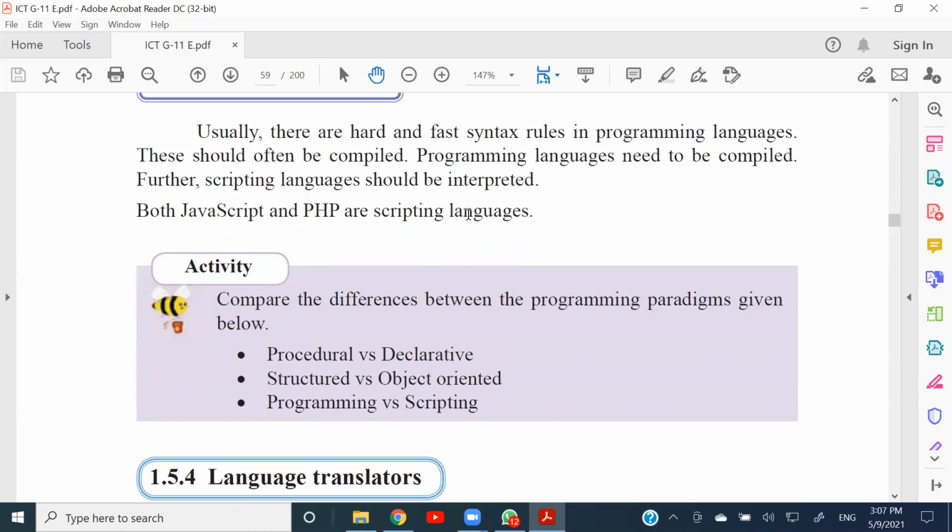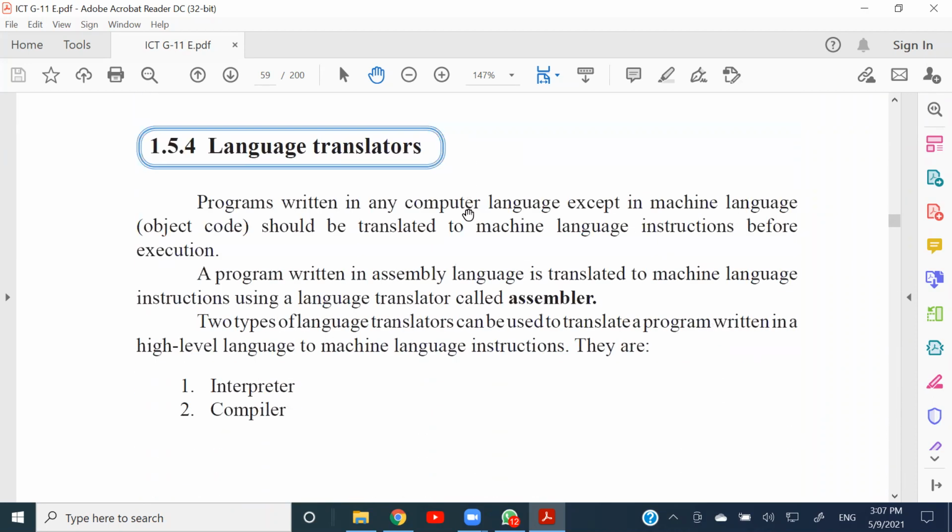Now, since we came to the terms called compiling and interpreting, it is time for us to talk about language translators. Compiling and interpreting is something performed by the compiler and interpreter, which we get to know as the language translators, right? Earlier we said that the assembler is the language translator used to convert assembly language into machine language. But later we consider the assembler as one of the types